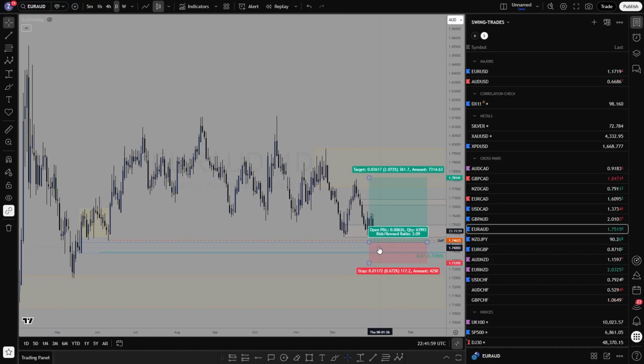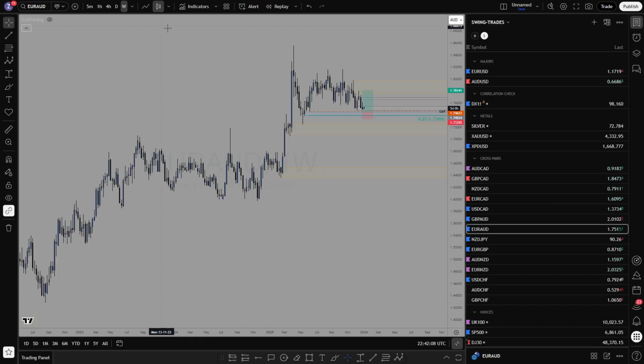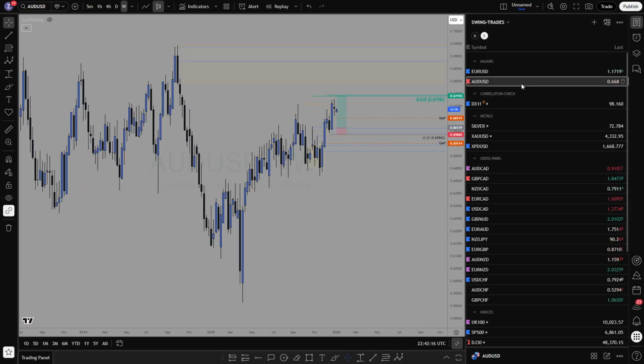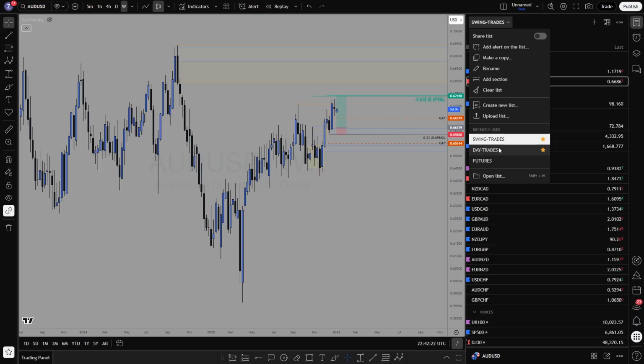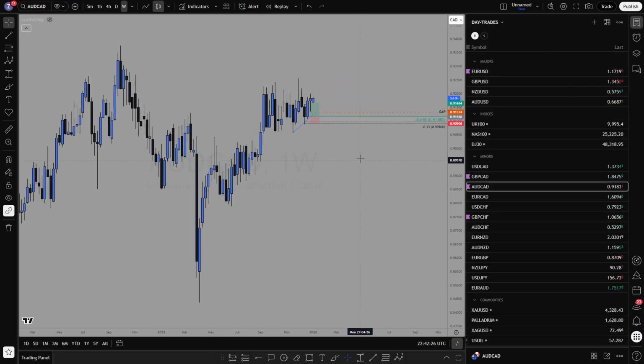EURAUD actually has an unfilled demand play here, but it's contrary to the daily trend, which is bearish, so I'm not keen on taking counter plays, given that the weekly is also bearish structurally. So in terms of the really interesting play here, for me it's AUDUSD. We've looked at oil, given the current geopolitical standing, and then if we go to the day trading portfolio,